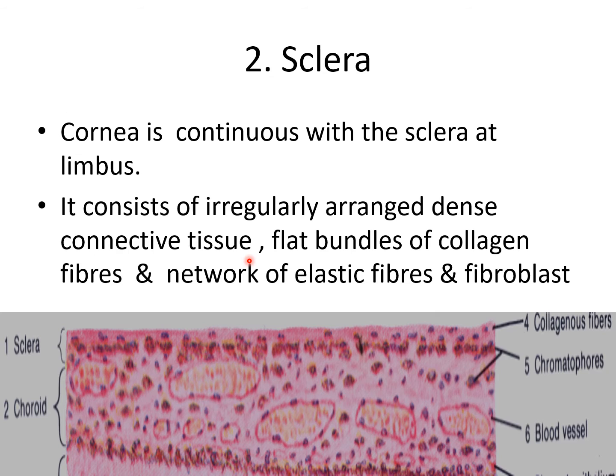Externally, the sclera is covered in the anterior part by the ocular conjunctiva and posteriorly by the fascial sheath or episclera. The deep surface of the sclera is separated from the choroid by the perichoroidal space. Here you can see the sclera, anterior part. Here are the collagen fibers, fibroblasts, chromatophore cells, blood vessels, and this part is the choroid. Pigment cells are in the choroid. The inner part is the choroid and the outer part is the sclera.